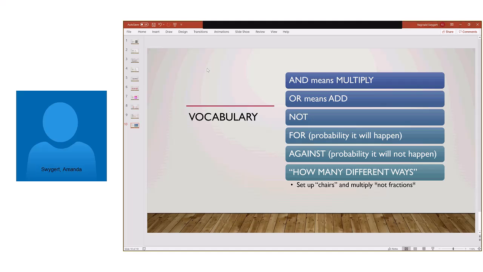So an example would be, what is the probability of choosing a card that is red and a jack? So they're asking you for 2 conditions to be met. So that's an example question. You don't necessarily have to answer it right now, but I'm just giving you an example. So and means it's a more specific type of situation.